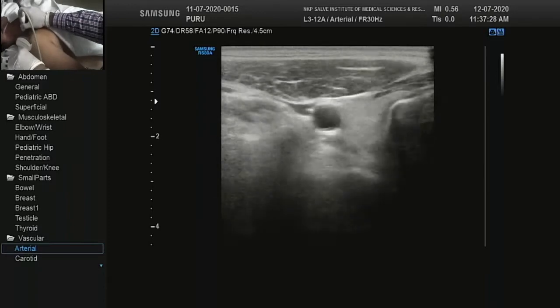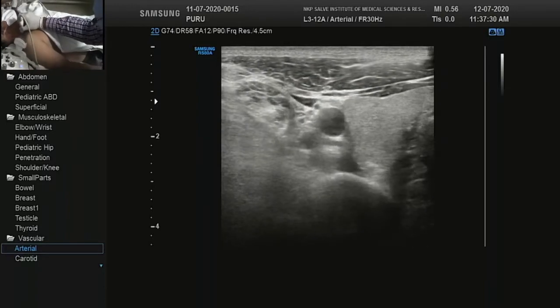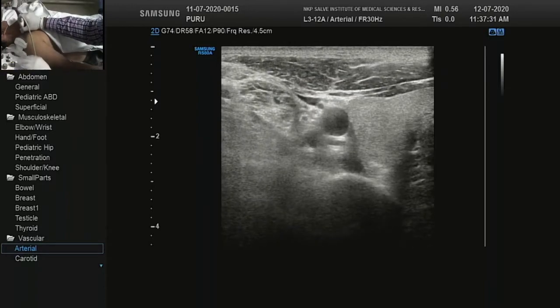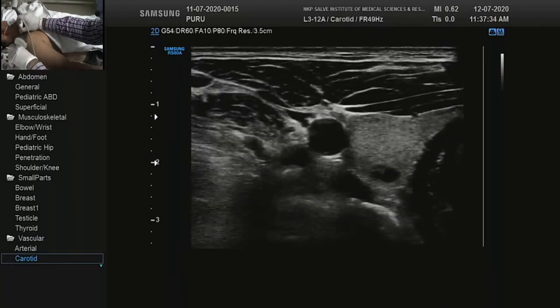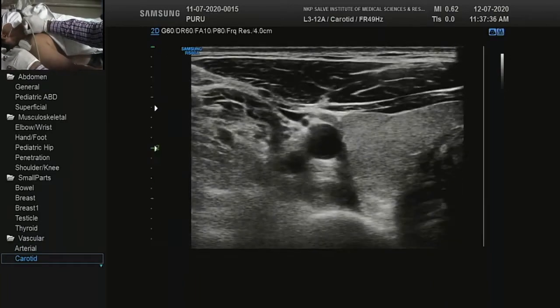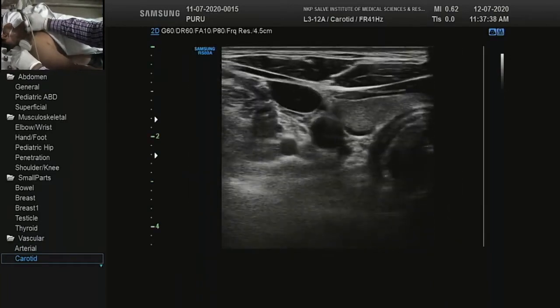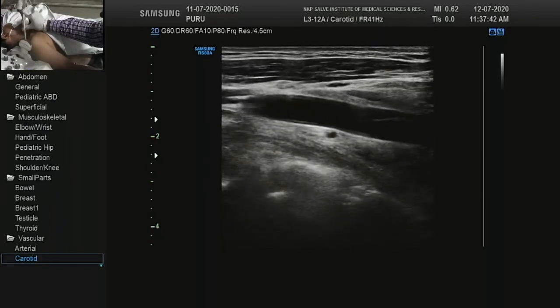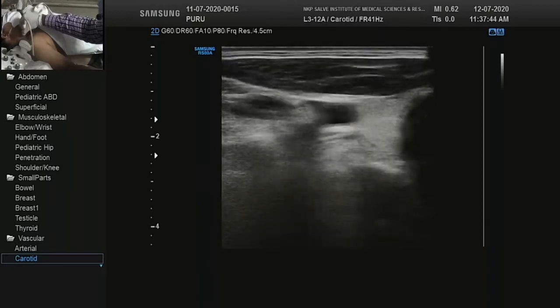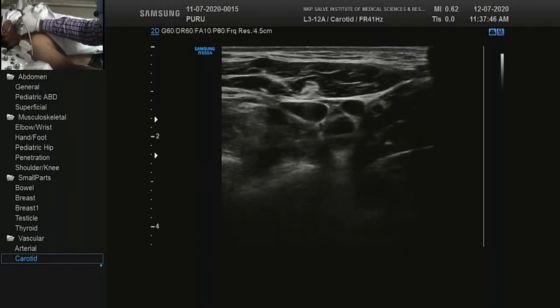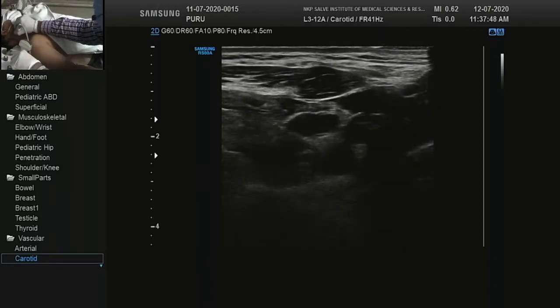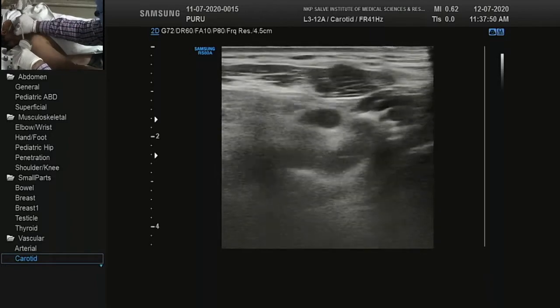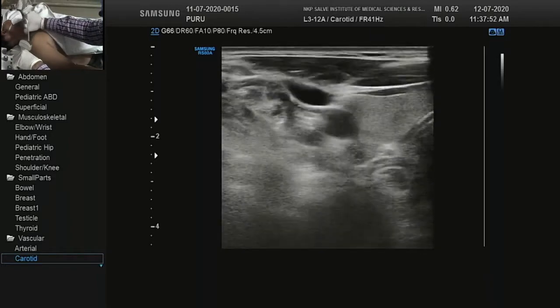So we again change our settings to presets carotid, so that we see it better. The machines have made our life very easy, and the presets, if you get them adjusted with the application specialist, you can see everything. So we'll just screen his carotid because he is saying he has loss of vision.